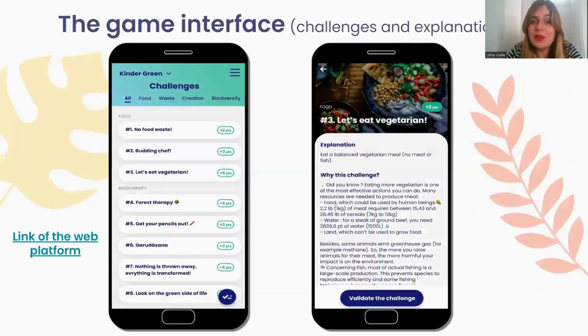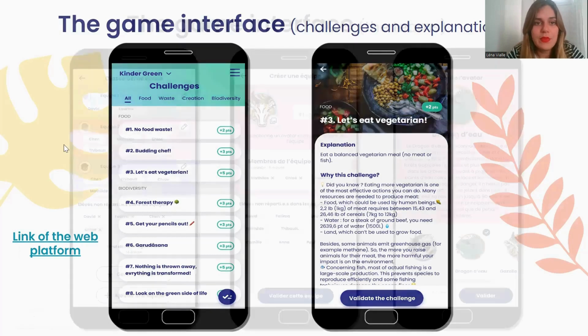Okay, here is the game interface, a little more to explain how it works. Don't worry, it's supposed to be easy, and if you have any problems, we are here to help you. You will have access to this app when you download it on your phone, or you can access it on the computer too. And you will have access to the list of challenges you see here with different categories, and for each category you have all of the challenges, and when you click on one of them, you have the explanation: why is this challenge? We really try to explain and to put some resources,